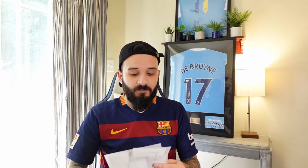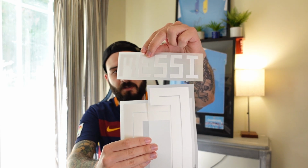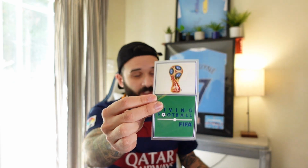You can probably already guess who I got. I have over here, good old Messi, right over here. Not only that, but I also have the World Cup patches that will go on the sleeves. And like I said, this is a very specific one. I also have